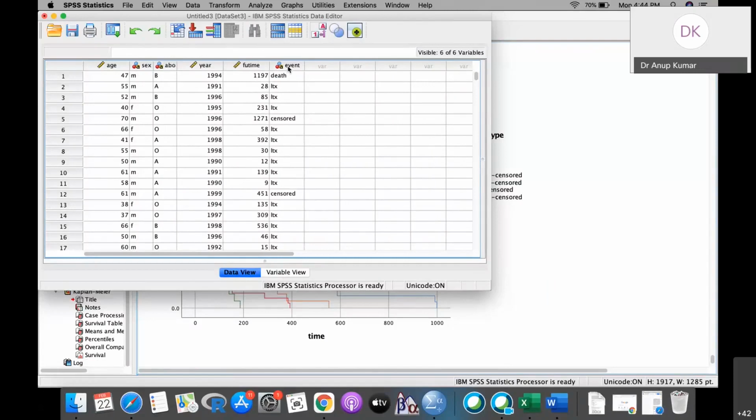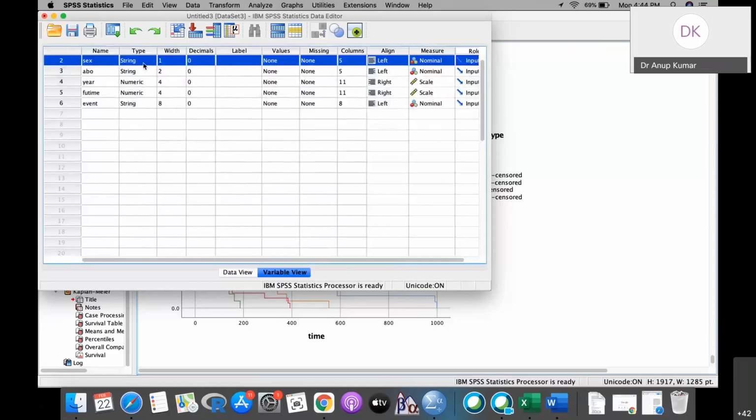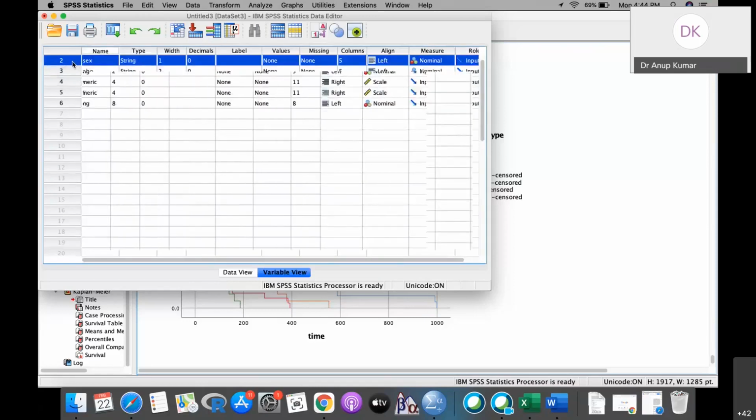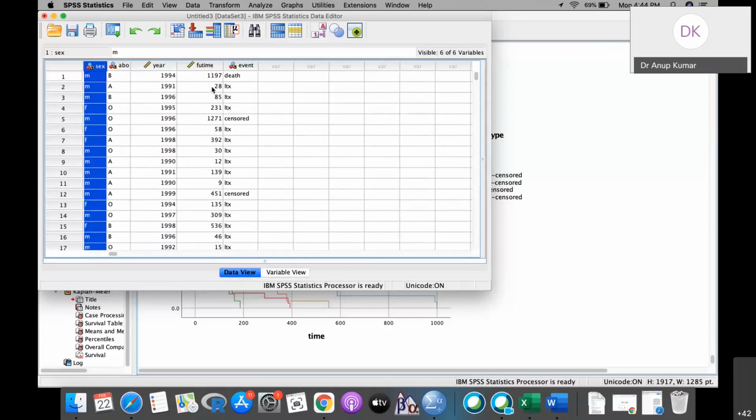Now we have to do the recoding. For example, the recording of this, the recording of this, and the recording of this. So this variable here you can see, what is this M and F? So what we have to do is go to the transform, recode into the same variable, and